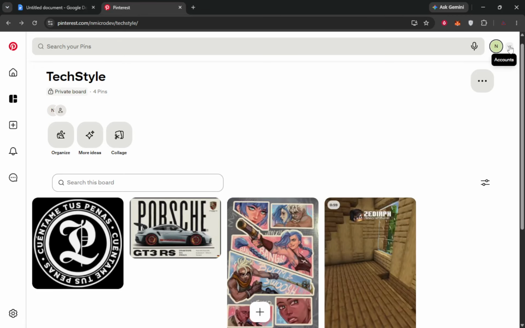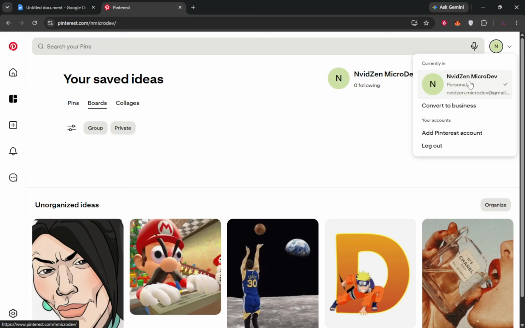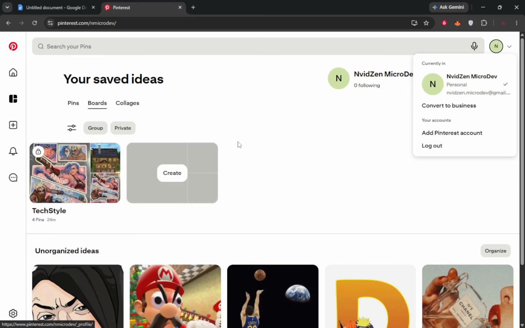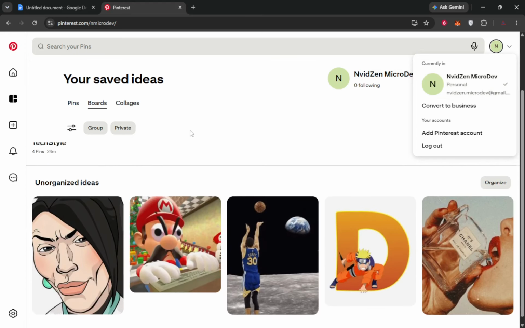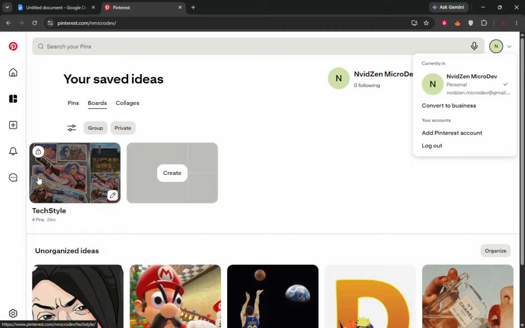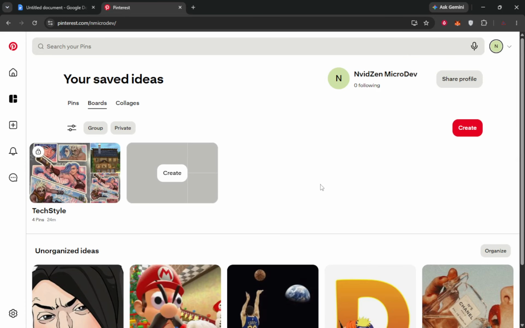One more note before we finish. Pinterest does not provide a setting to replace the entire Pinterest app or website background with your own image, so what you have just customized is the board cover or background that appears on your profile and at the top of the board itself. You have now changed the background cover image of a Pinterest board on your account.